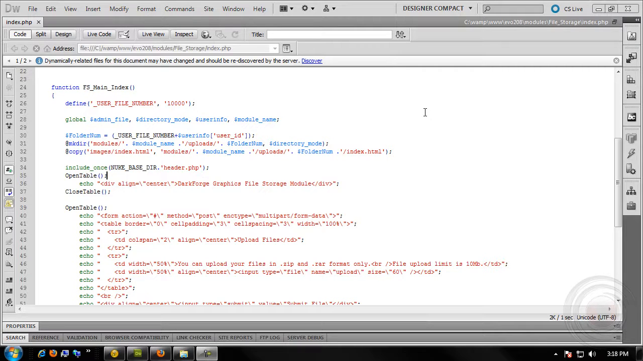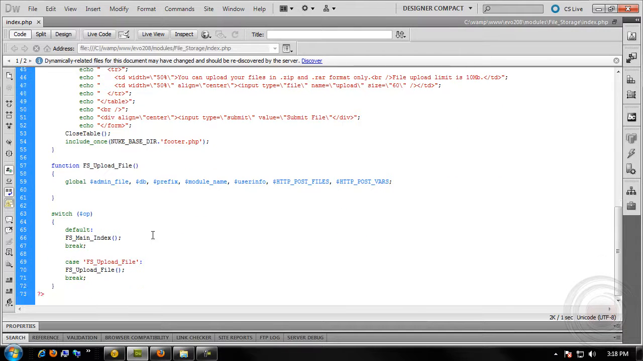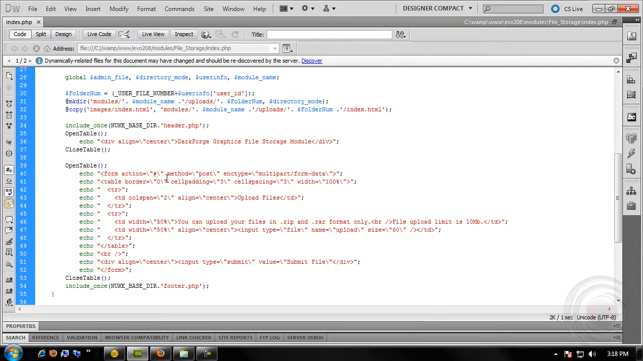Okay, so we're on the next step here, and we've created a folder and all of that good stuff, and we created the function for the FS file upload. So basically, now we have an action, which is the URL that we're going to use here, and so that URL would actually be the